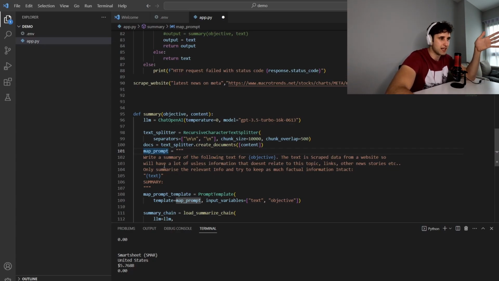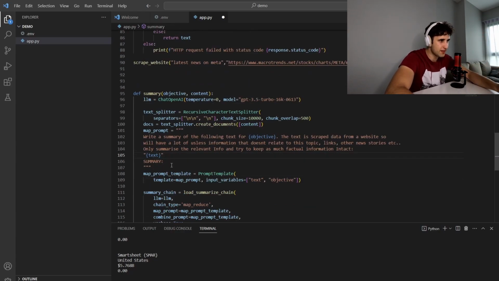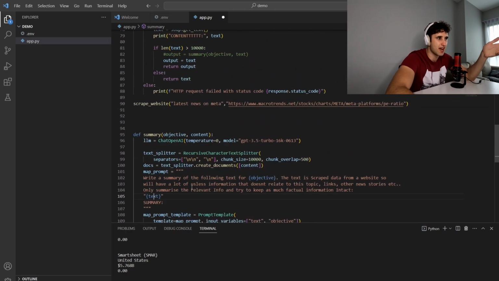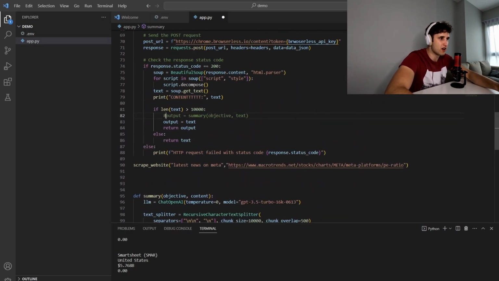Please do not summarize this, only summarize relevant info. We then pass it the text, and then it will give out the summary. We put that into a prompt template, and then we put that into the summarize chain as well, and then we get the output. So if I uncomment this, because we've implemented it now, and I take this and run this here,